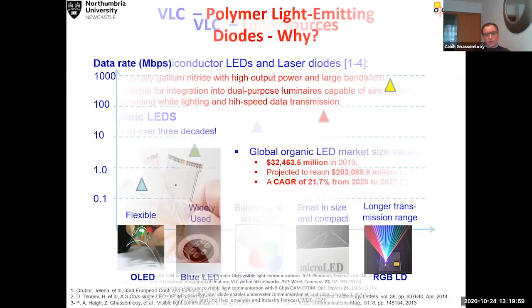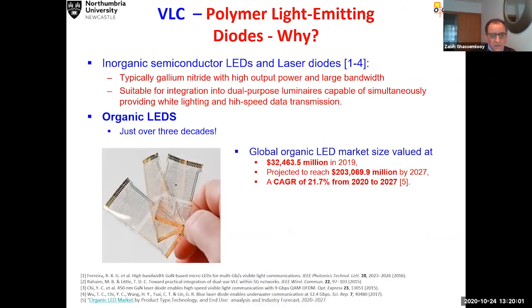So the inorganic devices, which are LED and laser, are made up mainly of gallium nitride. They give you high power and large bandwidth, 2 key parameters that you require in data communication. And you can do whatever you want with these light sources and so on. This is well studied in the literature. Go and look at references 1 and 4 and references within, and you find a huge amount of information. What about organic LEDs?